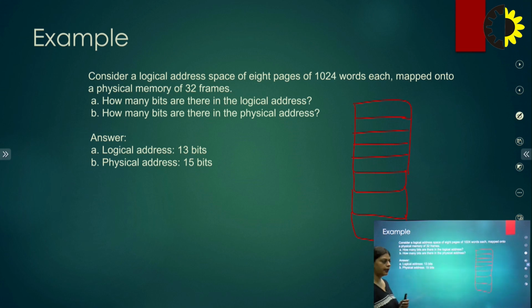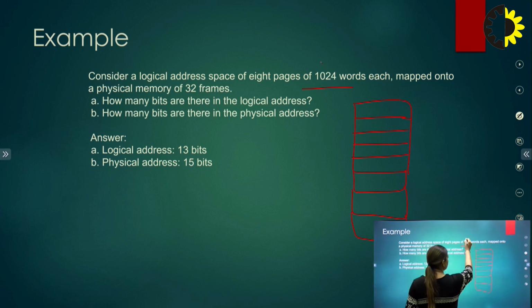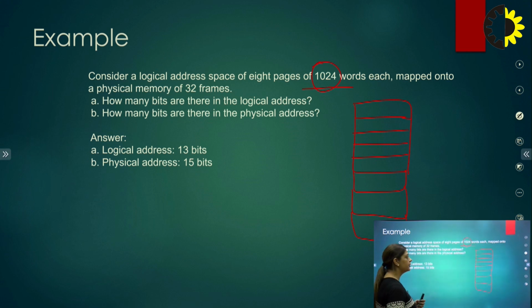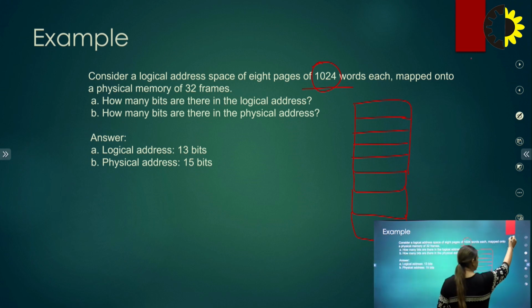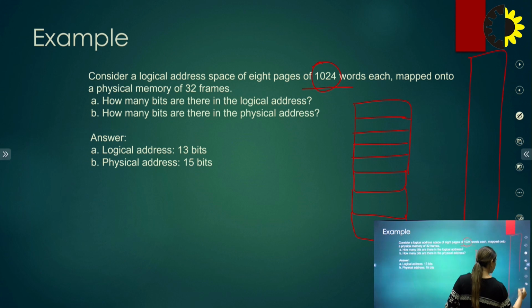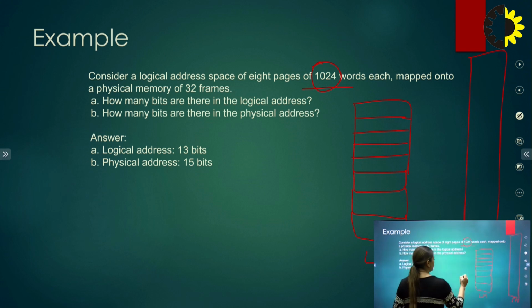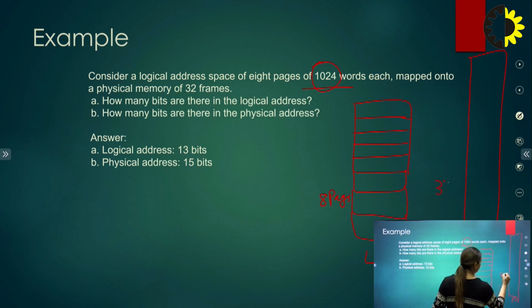These are the 8 pages, of 1024 words each, means the size of each page, means the page size, right? Mapped onto a physical memory which has 32 frames. Now this is the physical memory which is larger than the logical. This is the logical memory, this is the physical memory, right? It has 8 pages, right? And it has 32 frames. This is the question,